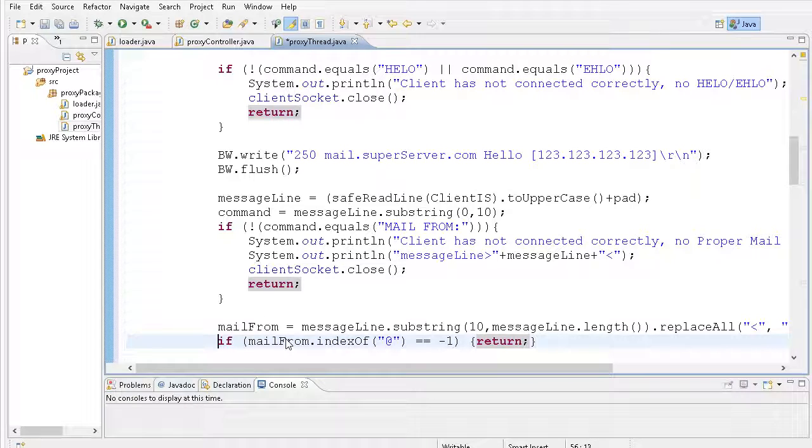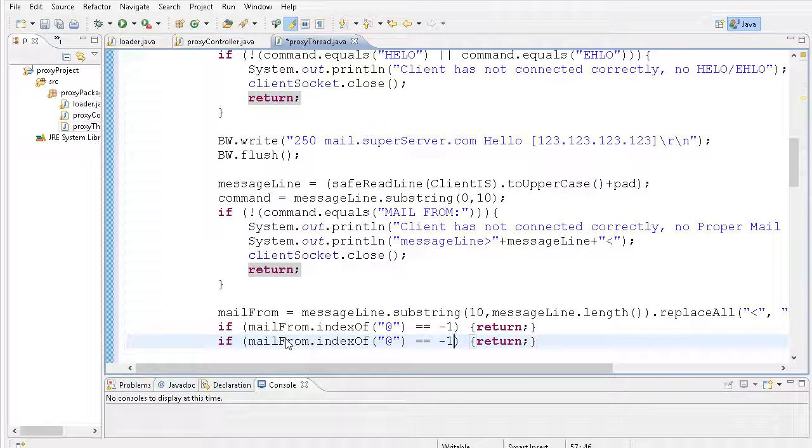You don't have an @ sign. And if you want, you could create some code to check for .com or .net. I think you might want to not go down that road because there's an awful lot of domains,